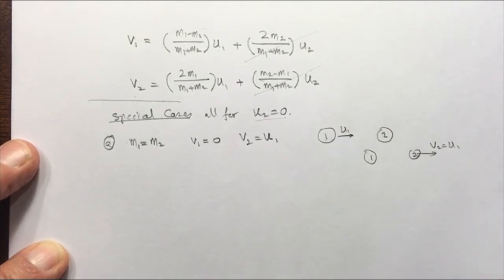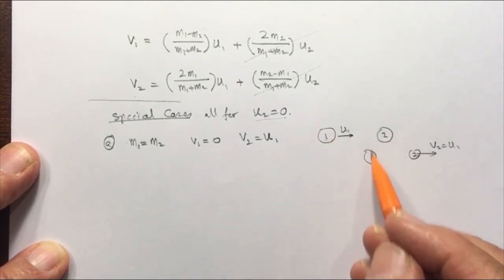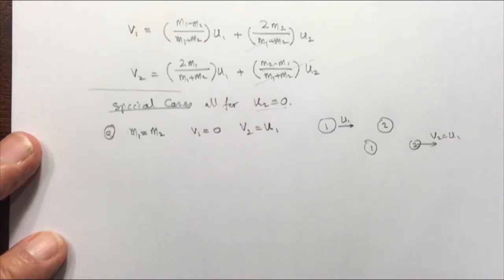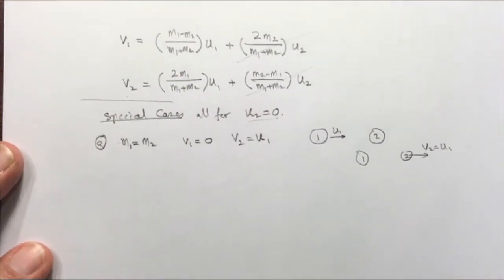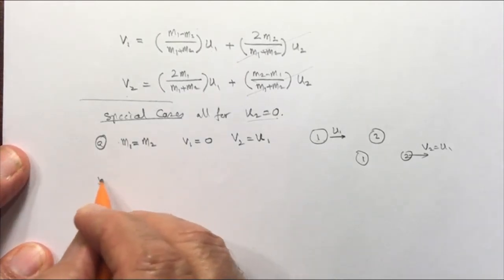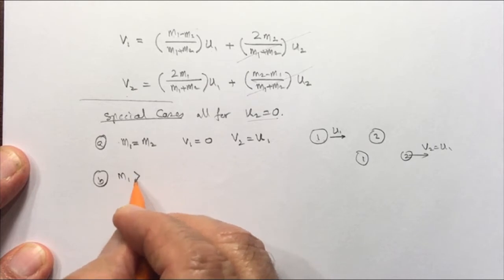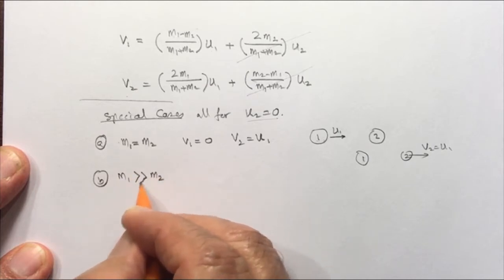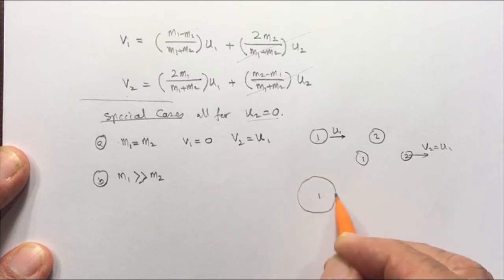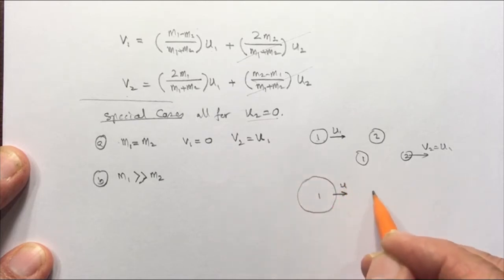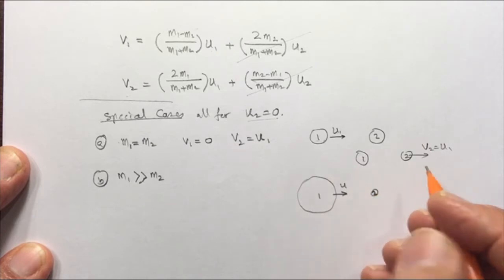And you have seen that in billiards. It goes and hits it and the other ball just takes off. The first one stops right in its tracks if you have a straight head-on collision. If it's not head-on, it will be a 2D problem. The second condition is, let's say if m1 is much bigger than m2. So it's like a big heavy object moving with the velocity u1 hits a small object number 2 which is